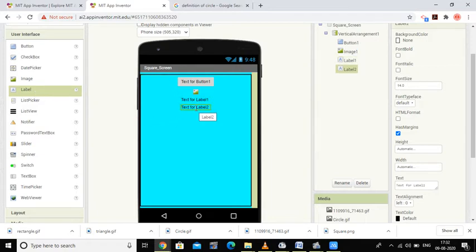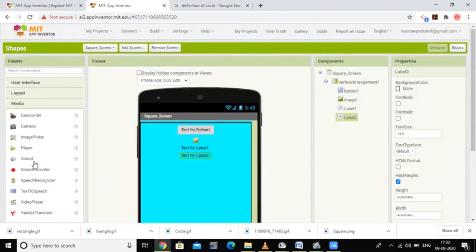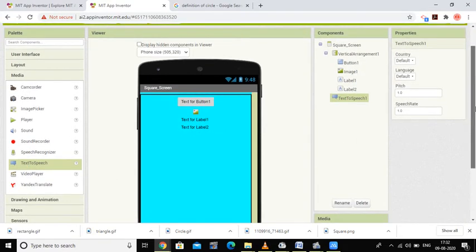So these are the four things I want here. One is the button, and I also need a media component, text to speech, which is a non-visible component needed on this screen. I have taken one vertical arrangement, one button, one image, label 1 and label 2.